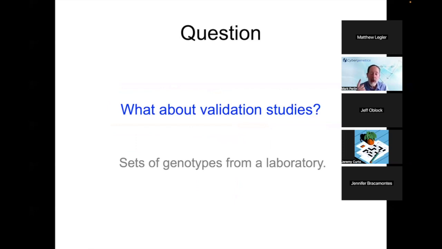So that was looking at one evidence genotype. What about validation studies? In a validation study for your software, you're looking at sets of genotypes, maybe of similar characteristics, numbers of contributors, match statistics, mixture weights from a laboratory. And your question isn't about the evidence, it's about the laboratory process. So continuing,